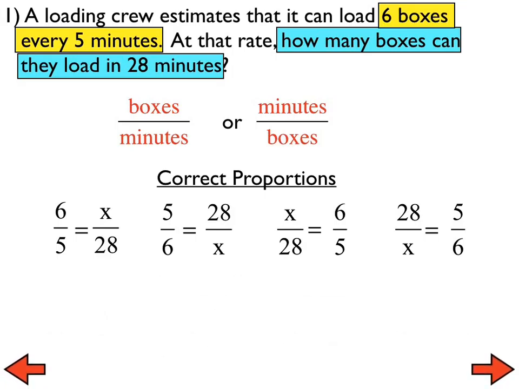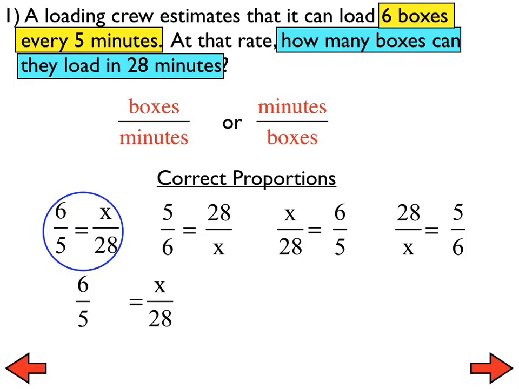Most of you set it up this first way. So let's just talk about it this first way here. So 6 over 5 equals x over 28. I need to read it towards the variable, right? Going this way. So what number do I start with when I want to show my work? Which number do I start with when I write my work? The 5. Good. So with the 5, I'm going to write times my multiplier, which is 28 over 5,